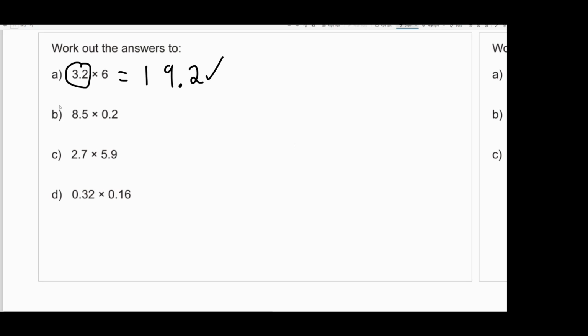So for B, what would I have to do first? Before I worry about the decimal, what calculation have I got to do first? Well, we would do 85 times 2. Yes, I can see what you're doing there. So you're saying do 85 times 2, right? Because that's basically the same as doing 8.5 times 10 and 0.2 times 10. That's fine. So you're saying times both the numbers by 10 to get 85